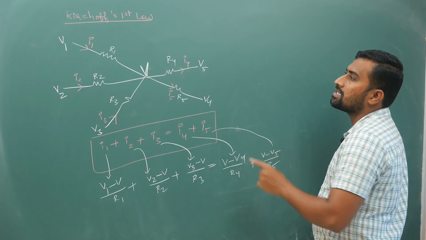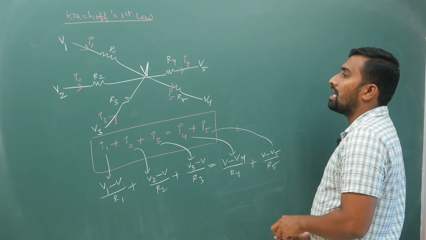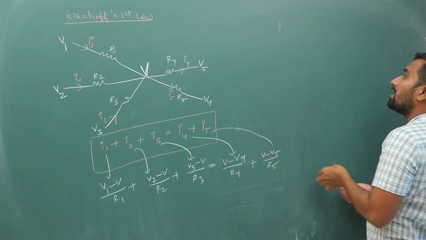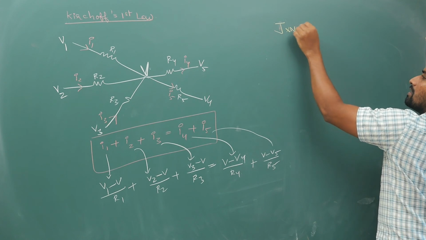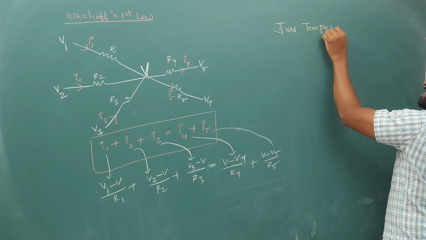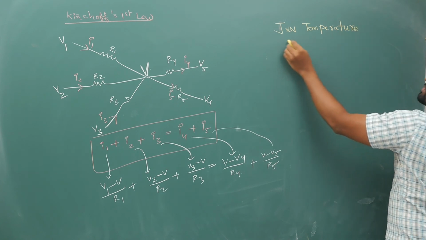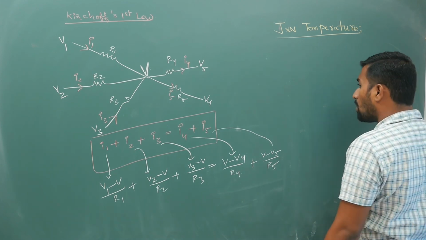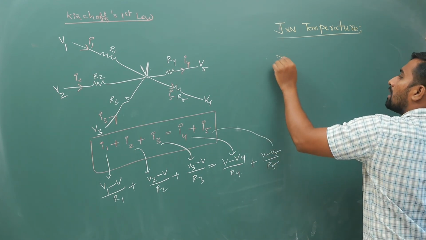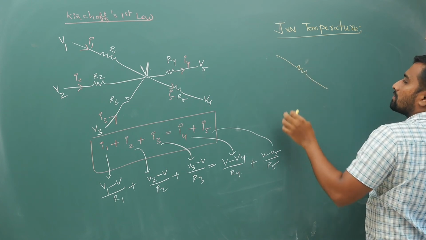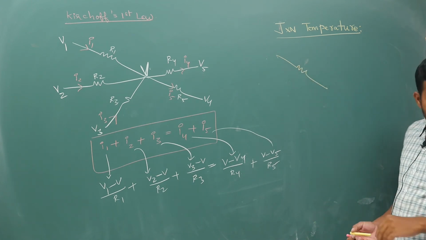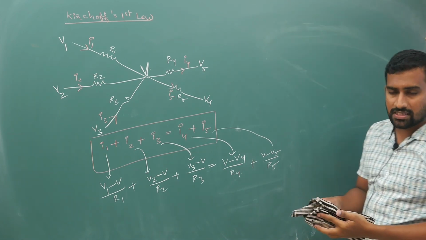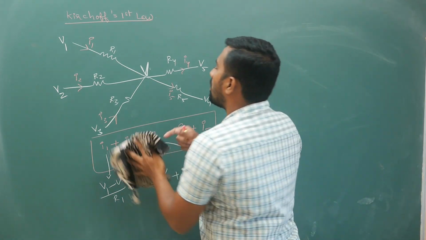Now how this is related: our next heading is junction temperatures. We are supposed to calculate junction temperatures, and for this you need this. I will tell you what junction temperature is, and I will come to that part separately. First, copy this stuff down. We will do the junction temperature in terms of problems, so pause the video clip and copy this stuff down.